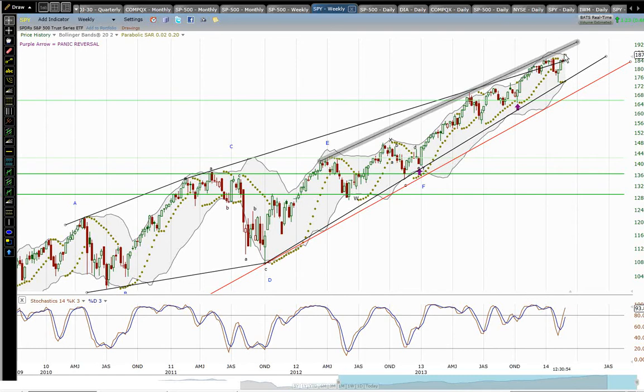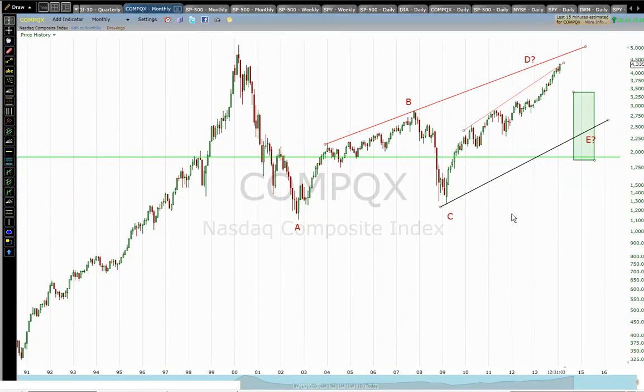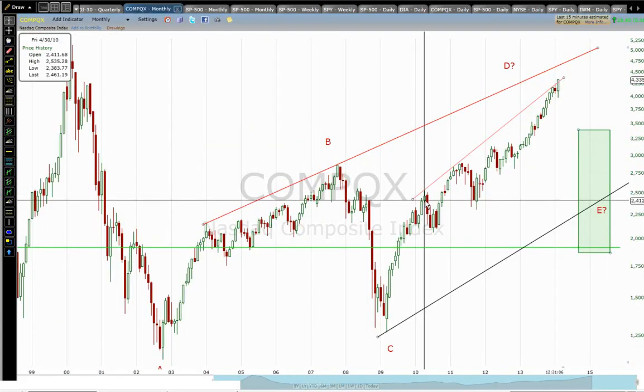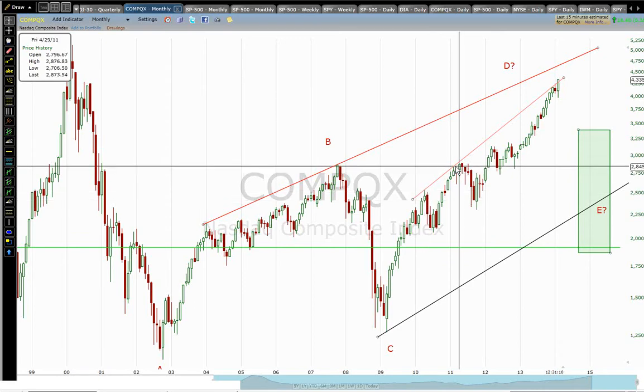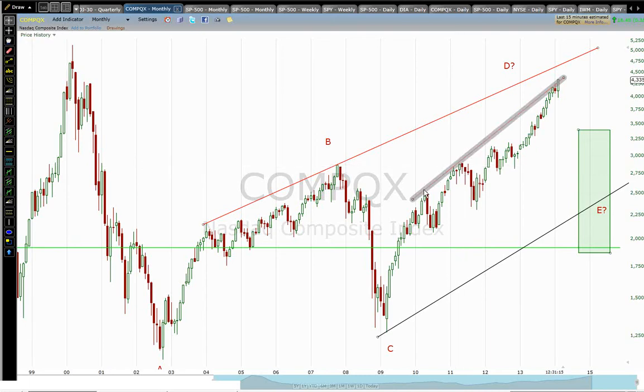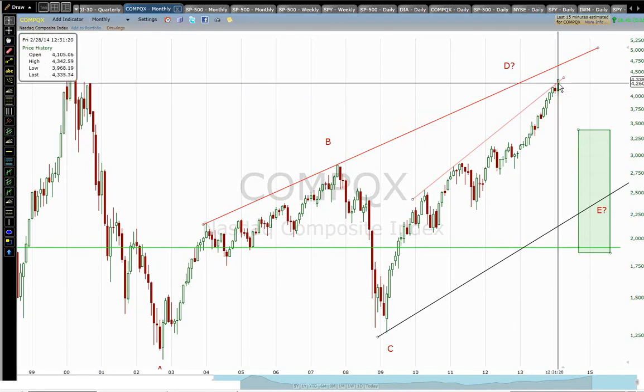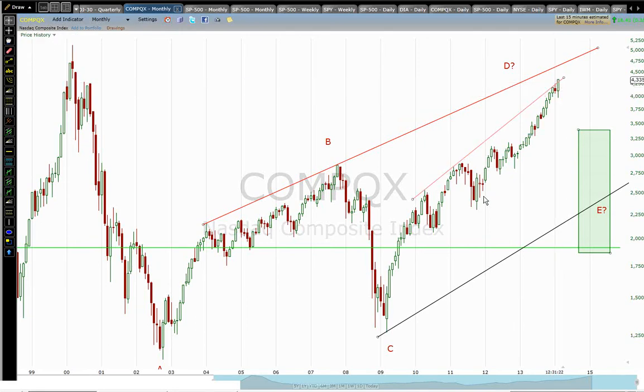So if we see price push much higher here, we're going to be towards the upper end of that channel on that time frame. And if we look at the Nasdaq, we can see a similar thing going the whole way back to 2010, the highs in April 2010, and then the highs here in April, May of 2011. If we draw a channel line between those 2 points, we can see prices now breaking that upper channel line. And that's a type of thing we often see as markets precede a significant high, is that they'll move